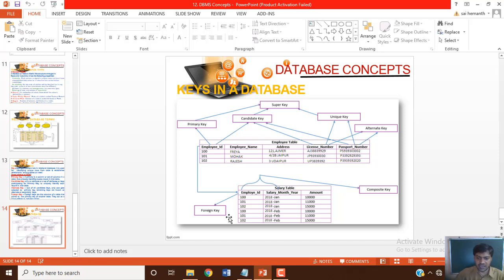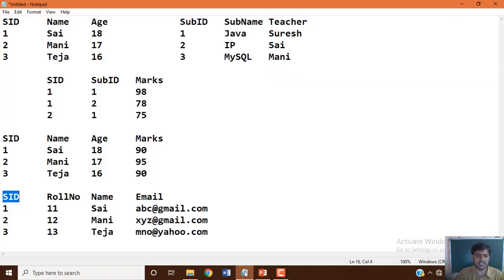Then atomicity, atomic value or scalar value. For example, employee id 100 comma 102 cannot be used, only one value. Likewise, employee name, only one name should be in that particular cell; that is called an atomic or scalar value. If I write 1 comma 2, it is multiple values in that cell, which cannot be accepted.